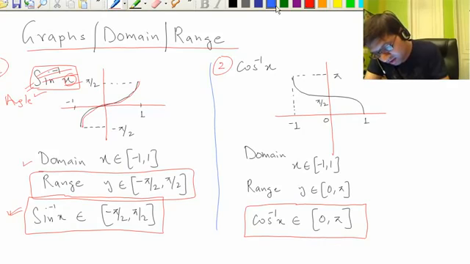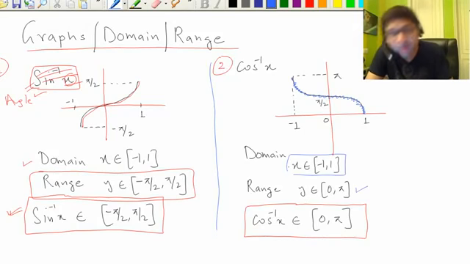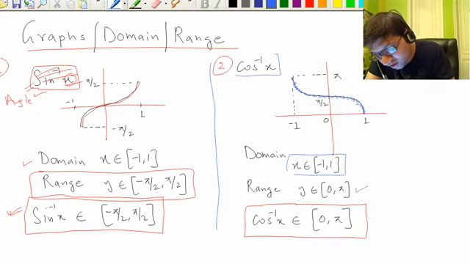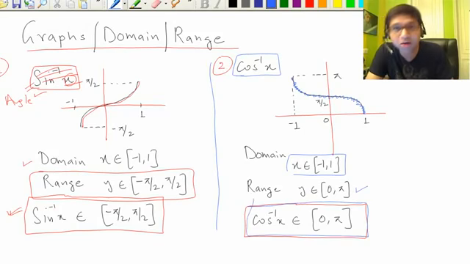This is the graph of cos inverse x. It lies between 0 and pi. So the principal value branch of cos inverse x is 0 to pi; y lies between 0 and pi. The domain is the same as that of sine inverse x, between minus 1 and 1. We read it the same way: it's an angle whose cos is x. You have to keep in mind that cos inverse x can take values only between 0 and pi. So if something is coming out of cos inverse x, it has to be between 0 and pi.